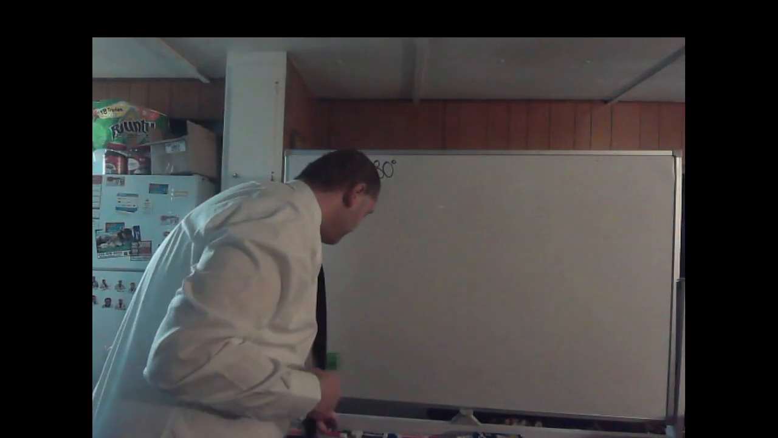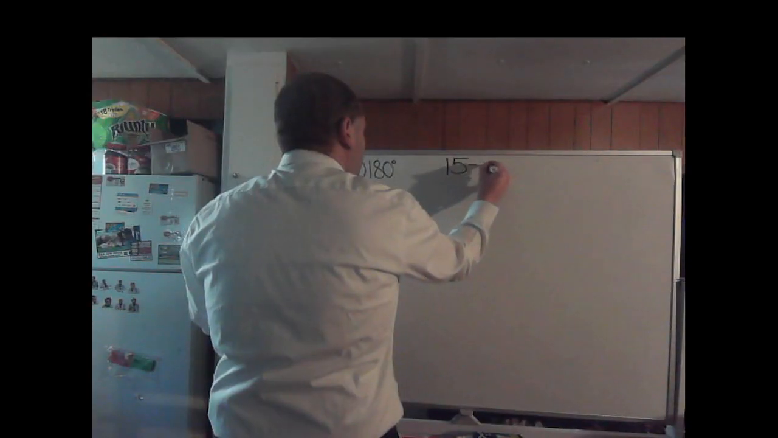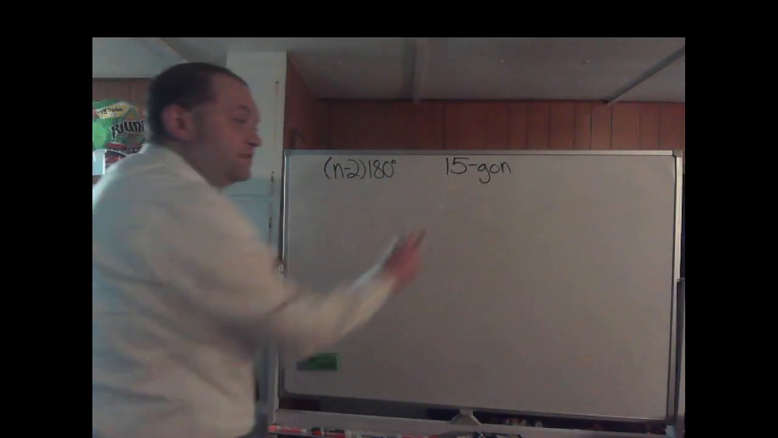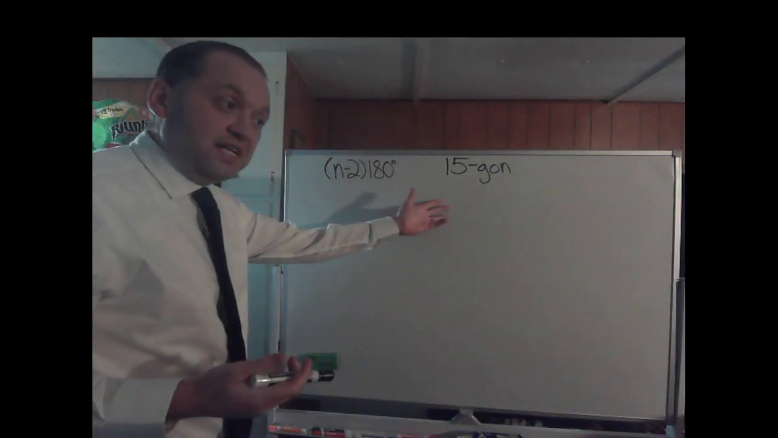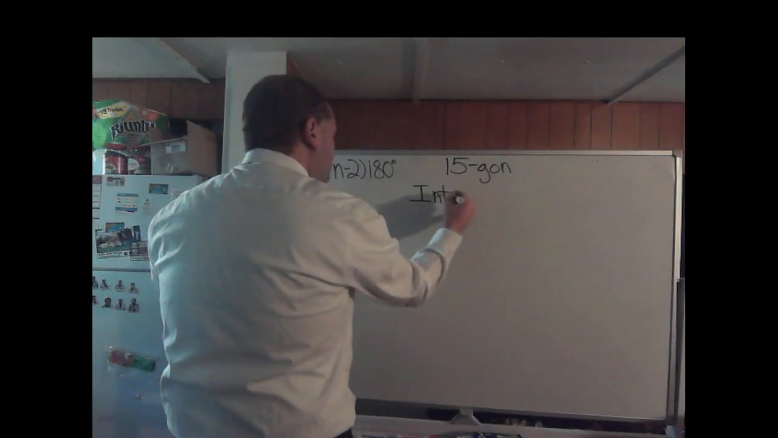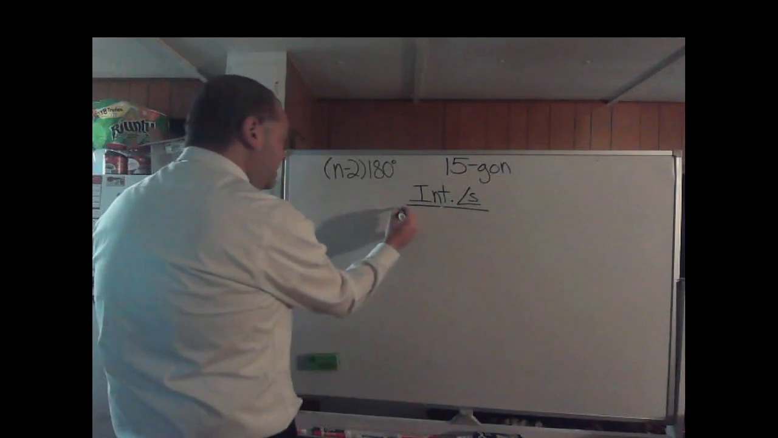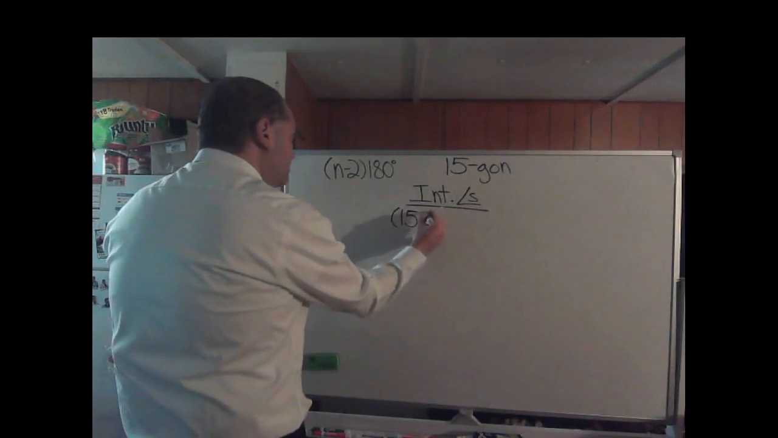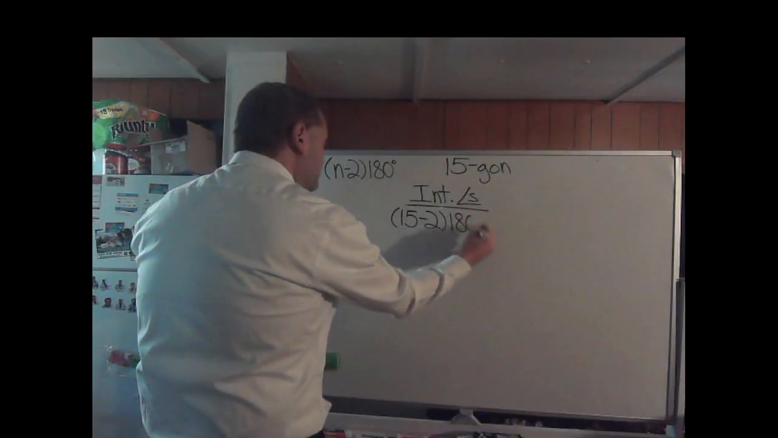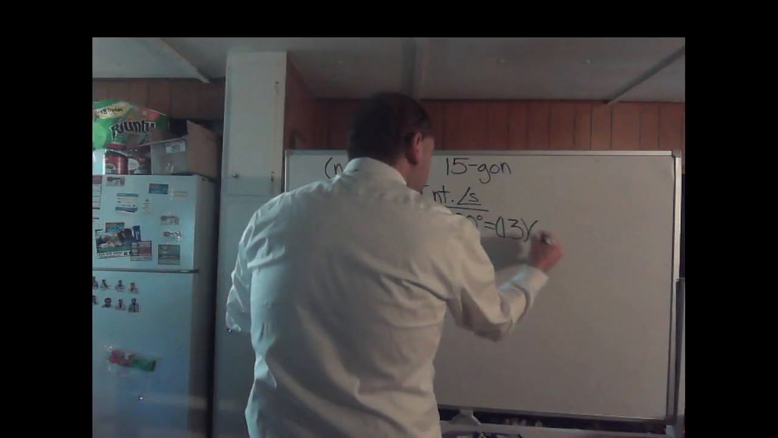I'm going to keep the formula up here because that's a very important formula. What if we have this time a 15-gon? We have to figure this out for a 15-gon, in other words, 15 sides. So let's look at the interior angles. The sum of the interior angles is going to be equal to 15 minus 2 times 180 degrees, which turns into 13 times 180 degrees,